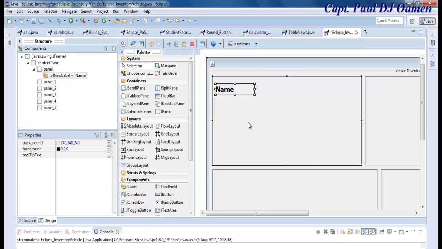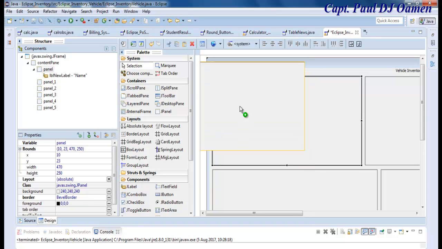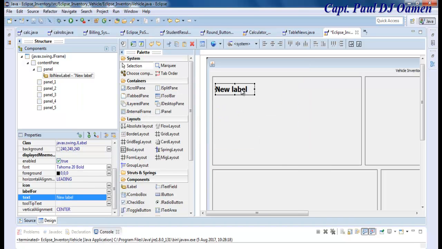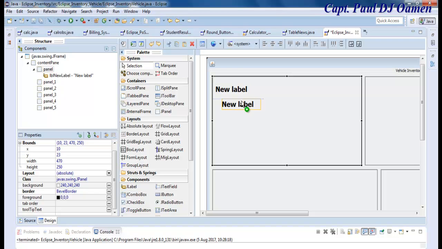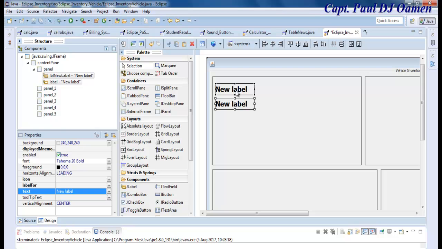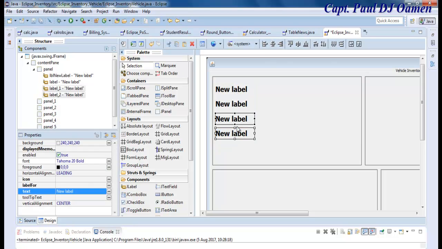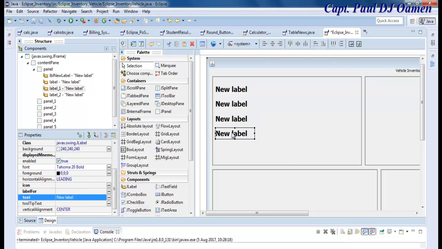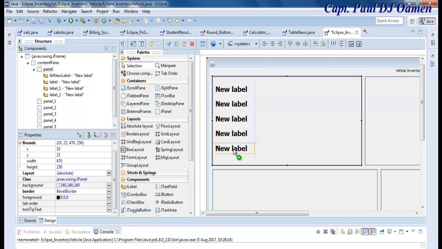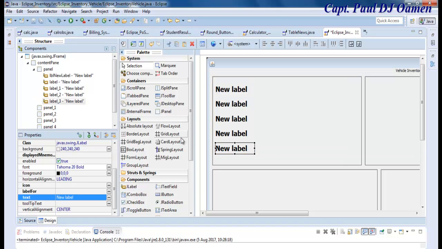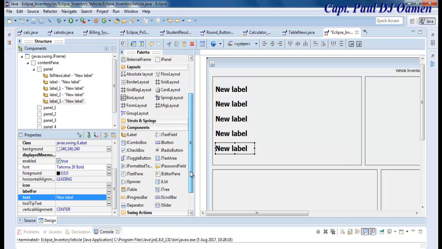You can just copy that same label and paste, and do that. Copy just the label, paste, Ctrl C, Ctrl V, and paste it there. Just one more, copy and paste. Alright, I need JTextField, enter one JTextField here,